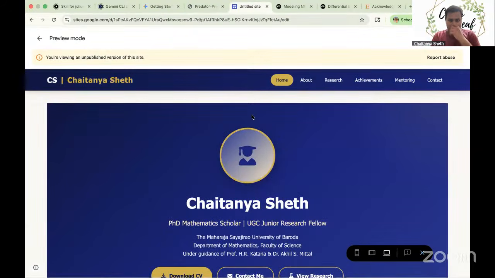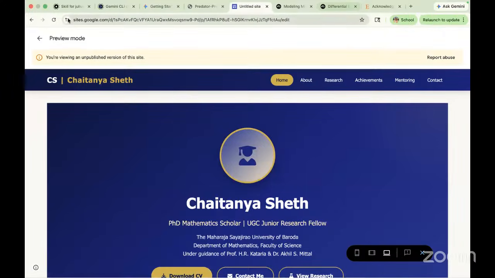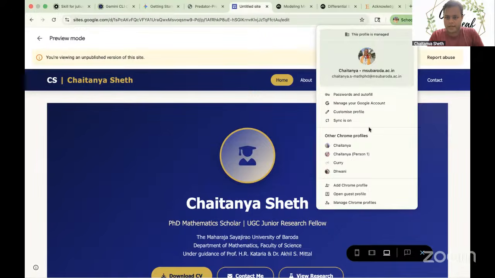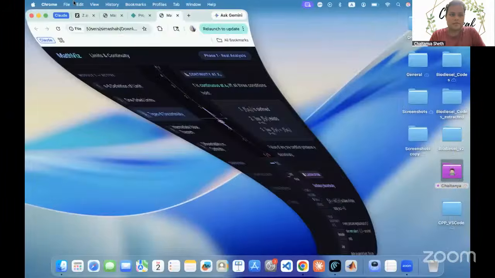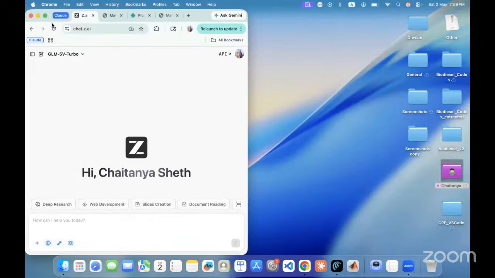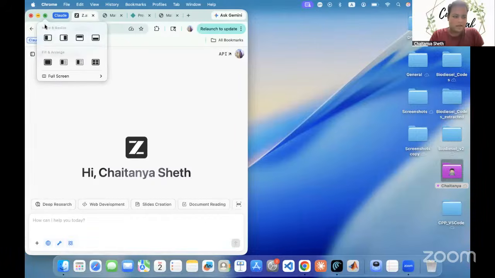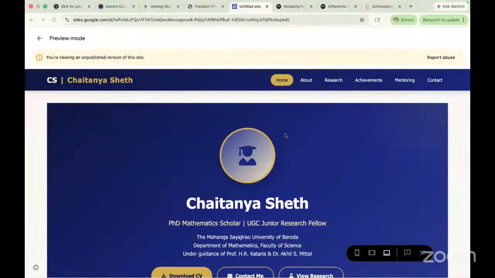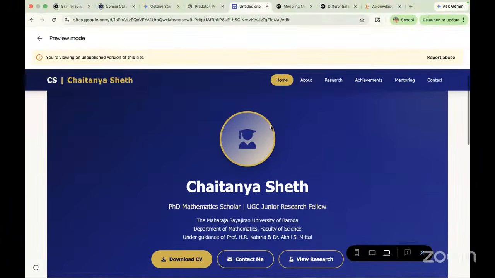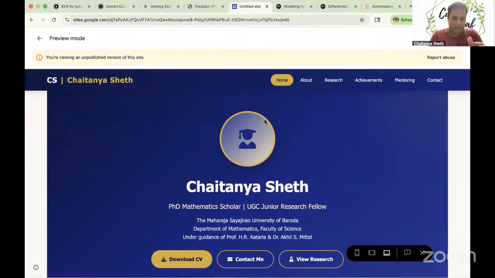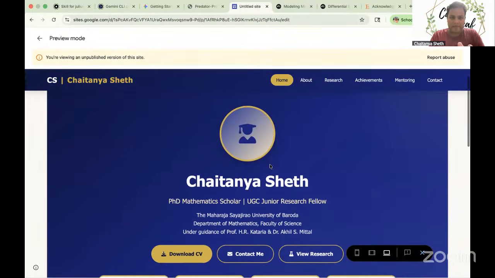So I have not yet completed the website, but last time sir was talking about Z.ai, GLM 5.0, this tool. Taking help of this, I created a website, and this is how it looks. I used my CV, and using that CV, I made this.